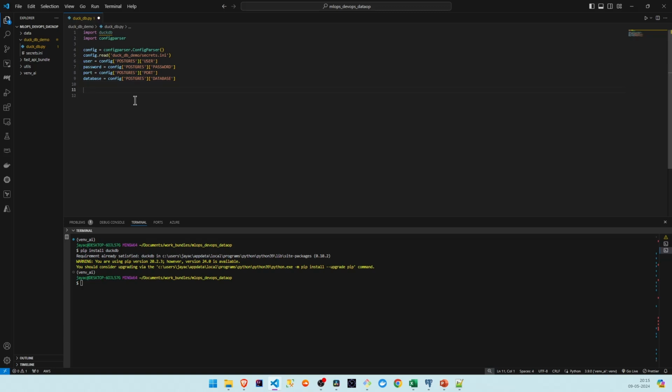So we need to install Postgres. This is a very nice way to install extensions in DuckDB. These are called extensions. We can install database extensions for Postgres, and there are other extensions. You can check out the documentation. So all we need to do is call